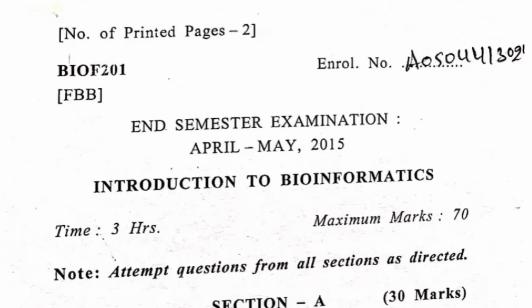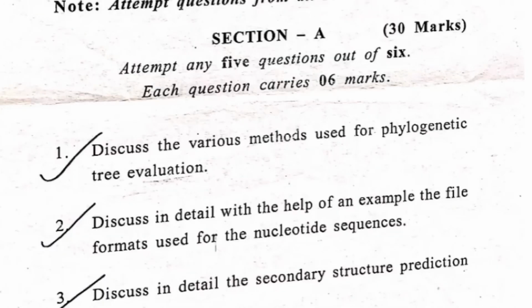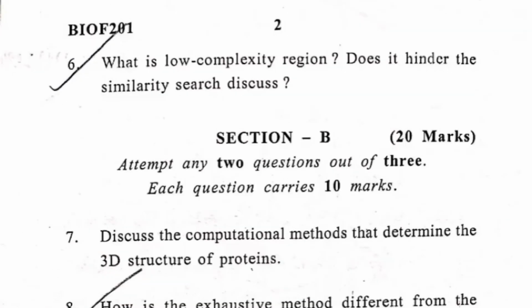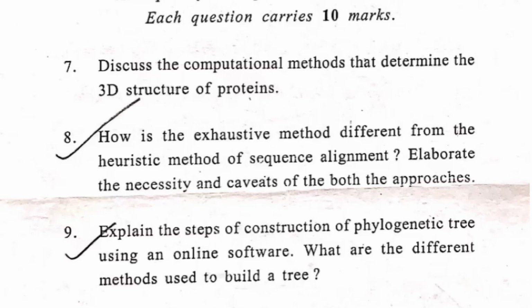I'm sharing another paper of bioinformatics of year 2015. You can have a look at this paper. You will get an overview of how the paper basically comes. And trust me, most of the time questions are repeated. I'm saying this from my own experience. I used to take help from the last year question paper, and about 20 to 30 marks of questions were repeated. So go through these questions completely, solve this paper in detail so that it's easy for you to attempt the paper on the spot.